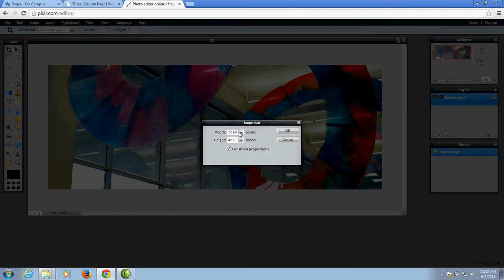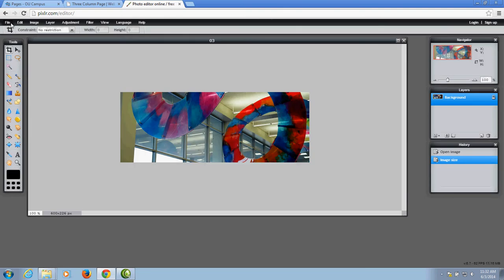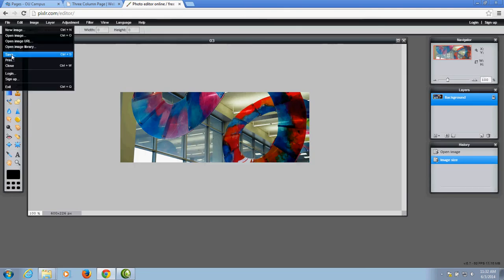I can choose a more appropriate size either with the slider, or I can just type it in manually. And since I have this constrained proportions box checked, it's going to adjust the width and height so that they keep the same ratio so that my image isn't skewed. I hit OK and it's been resized. So from here I can save my image